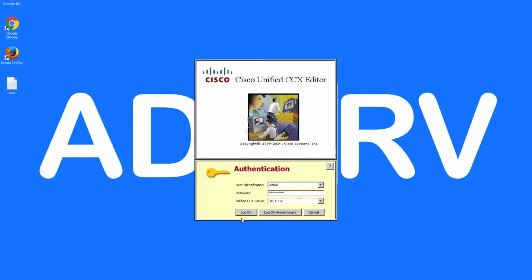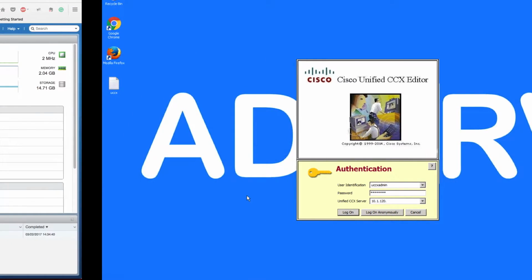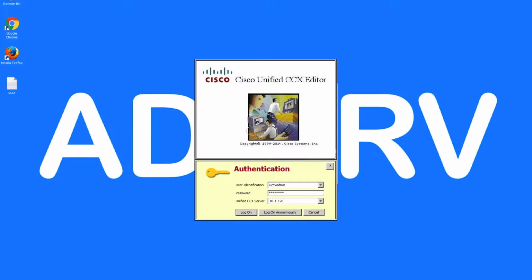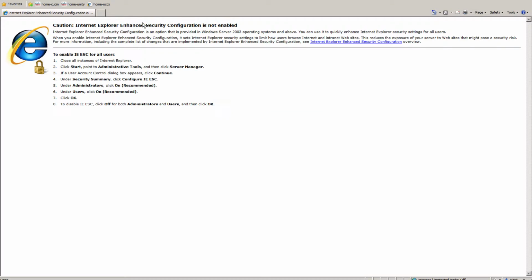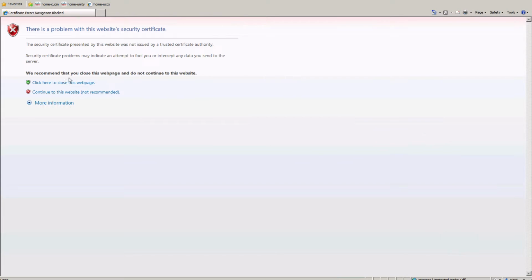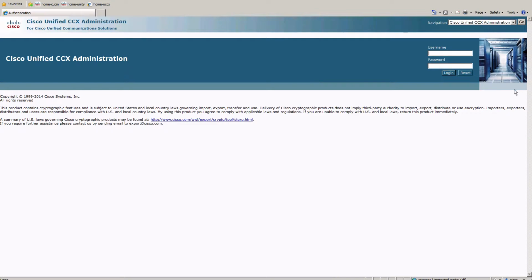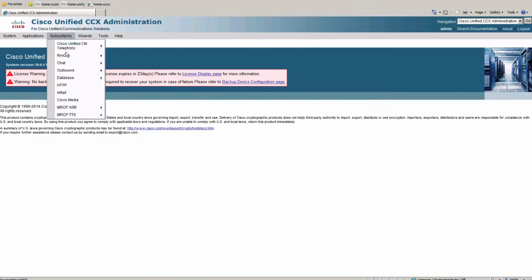So the thing to do is to use another user that is not the admin, the one that you use to complete the installation, but a new admin that has access to modify the system. So in this case,